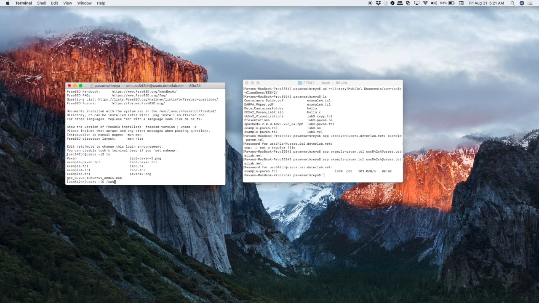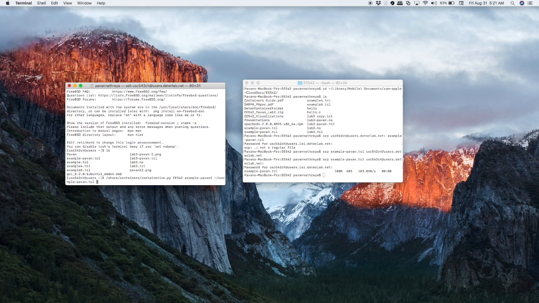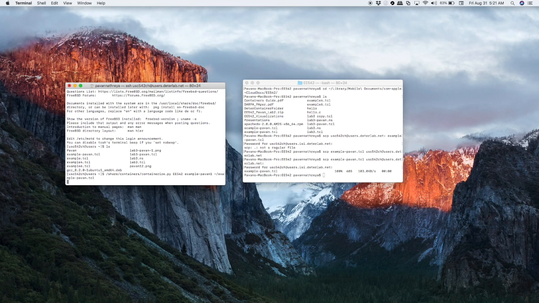I go to share, and then I type containers, and then there's a file called containerized.py, which basically containerizes my experiment. Then we mention the project folder, and then I would call it project name example, experiment name, this is my experiment, and of course we would be using the example.tcl file,